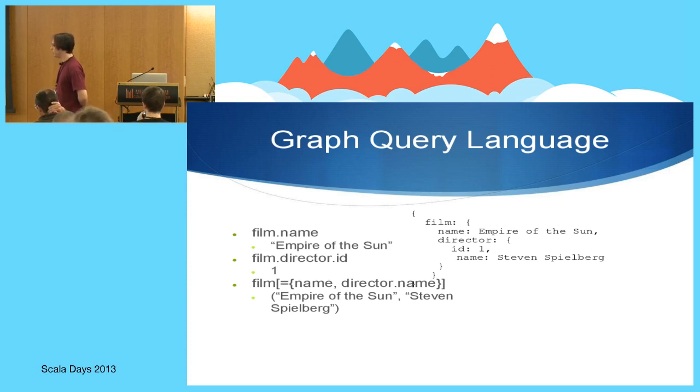So then here it's a slightly more advanced query. We can think of it like a map in Scala, and so we say we want film, but we don't want all the fields, and we map on it to get only the fields we want. This is especially useful if you think about someone who wants to create a custom API or creating a feed from the data from your domain, because you can say, okay, I just want this information, and get a flat view, which is often needed.